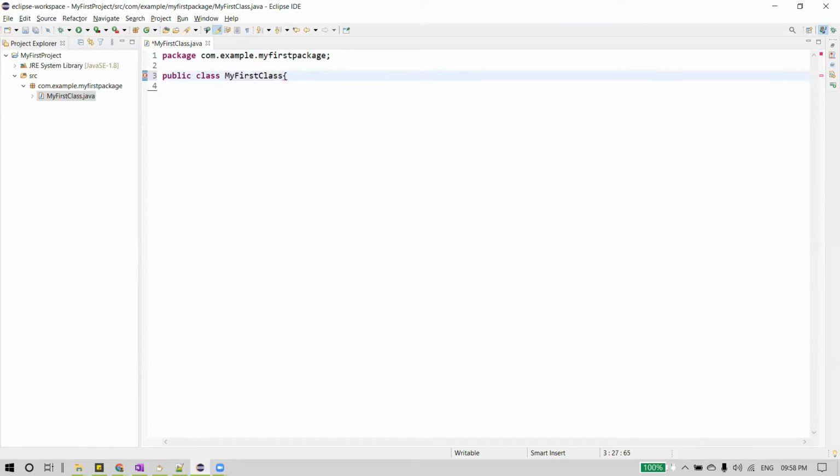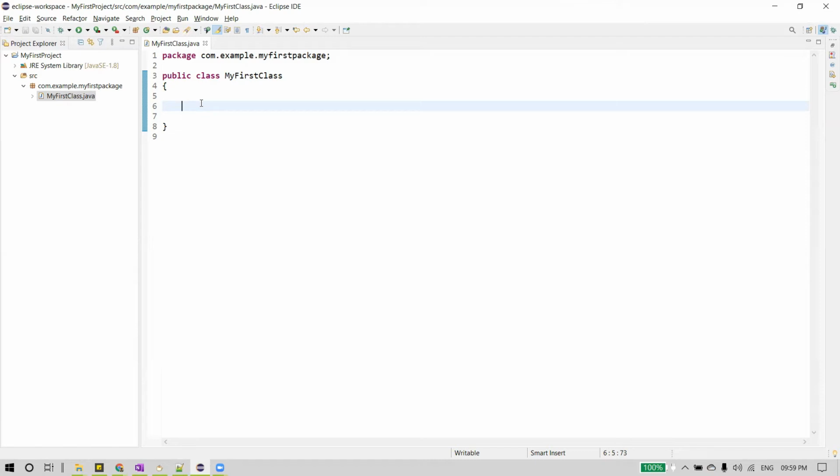So this is the syntax for the class, and whatever we write within the class should be enclosed in curly braces, one open curly brace and one closing curly brace. Now you can also bring this open curly brace up here if you want, for better readability. And now here inside the class we can write one or more methods, and there should be at least one main method, but it's not mandatory.